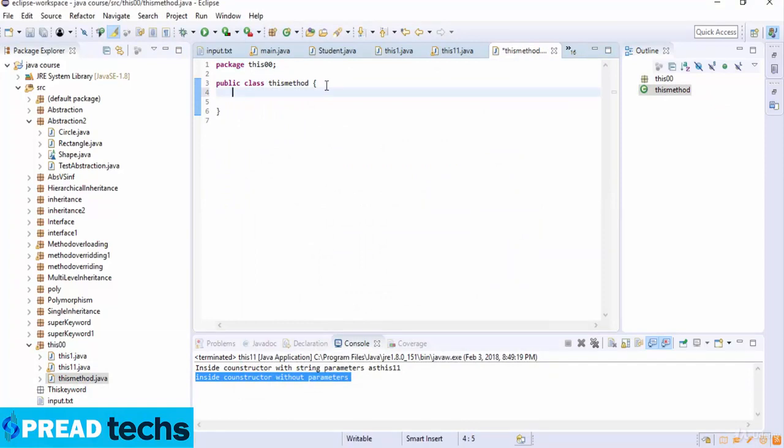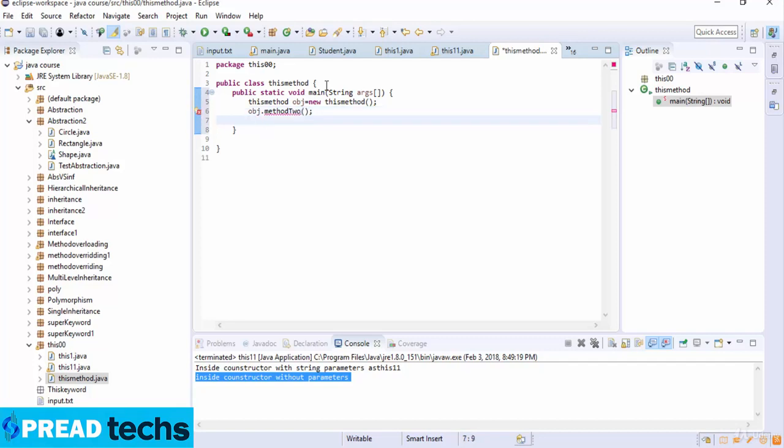So class name which is this method, and now public static void main, it's a main method here, and then arguments, and then this method object which is equal to new this method, and then object dot method 2. Okay,